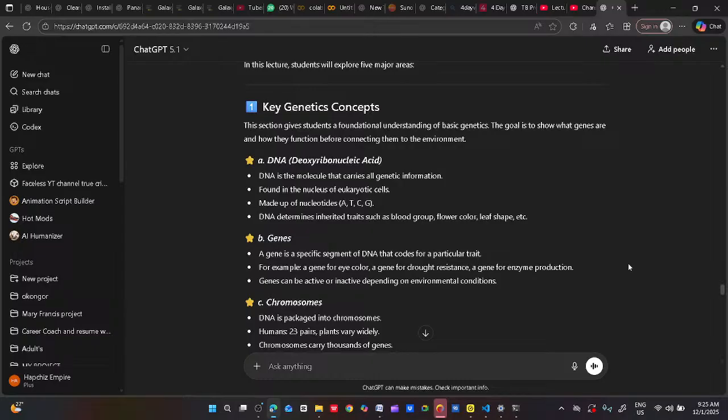So what do we mean by DNA? DNA is the molecule that carries all the genetic information. You should know, if you don't know before, that DNA is so powerful. It's so powerful because that is the container of all the genes in you. That is what influences your